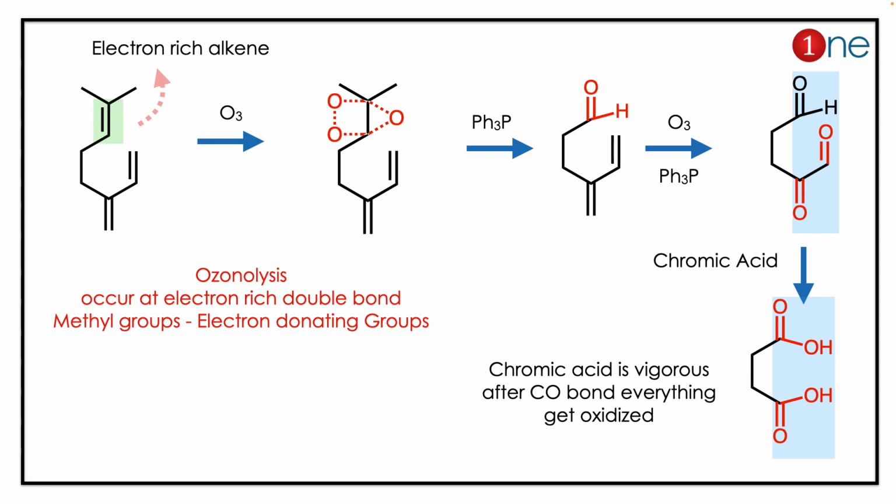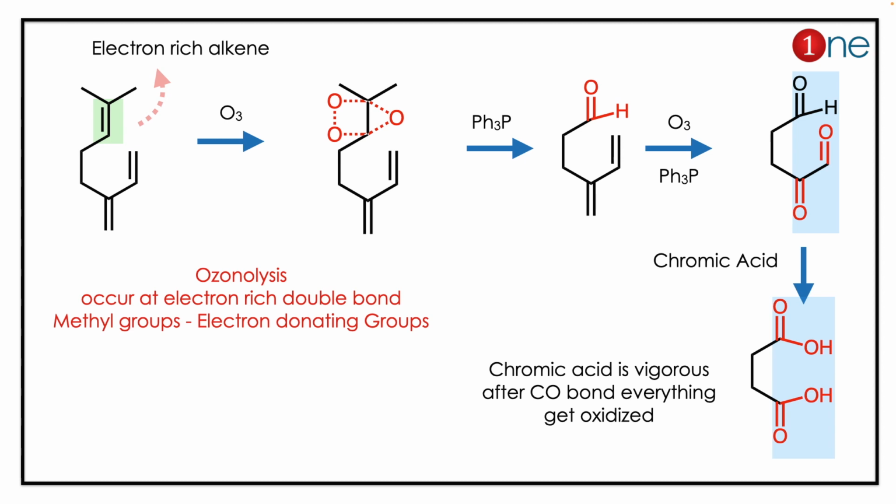The answer is simple: Voss analysis. You should know it step by step. First, in the reaction you are doing Voss analysis. Voss analysis always attacks the highly electron-rich carbon. Here, methyl is an electron donating group. So the more methyl groups, the more the Voss analysis. So you have ozone formation on the double bond which is highlighted.